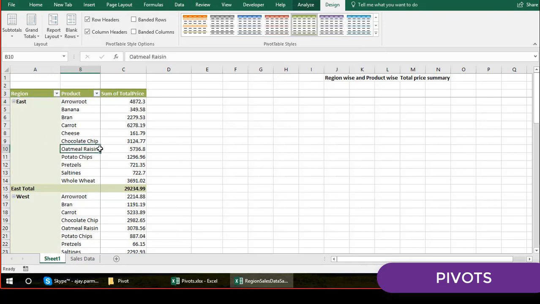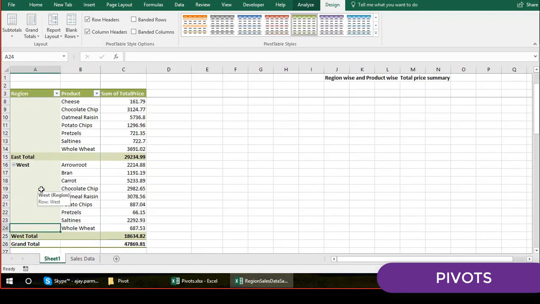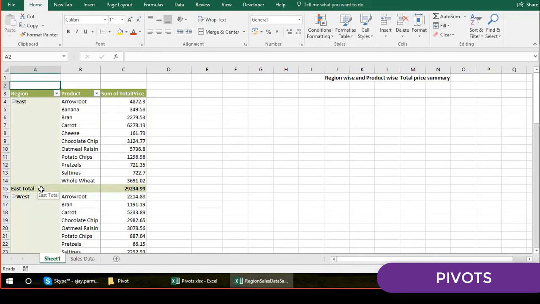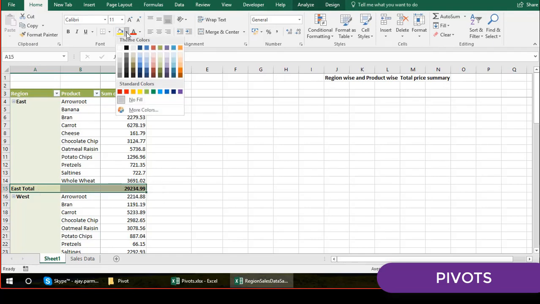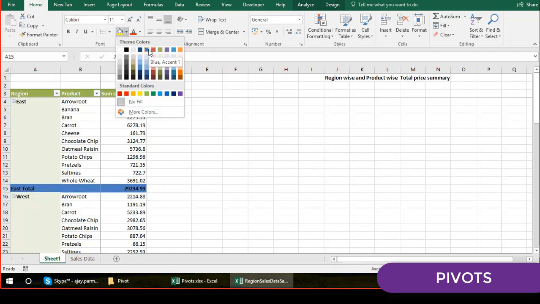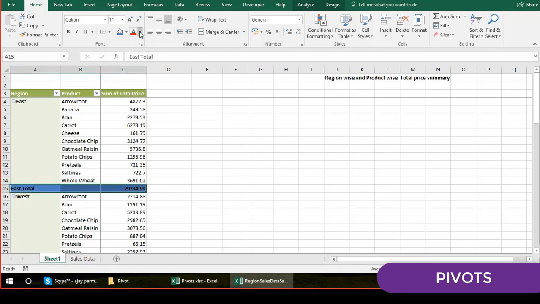So this is a good way of showing your pivot. Don't waste your time coloring things, because you can manually also color. For example, you're not happy with this total color, this total, you want to show maybe some black color, maybe some dark color. So you have the option. Now you can go and select this manually and give it a color. For example, you want to give this sort of color, right? You can give this color, of course you can, no problem, and you choose the white font.